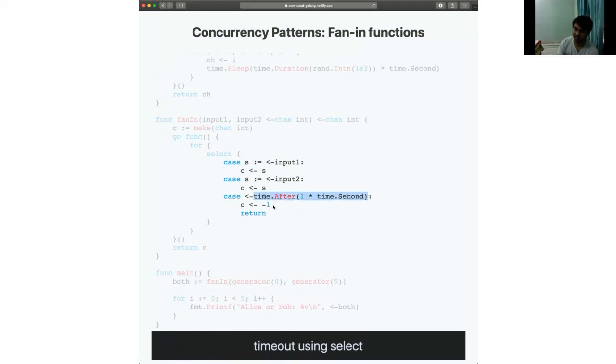If the select statement doesn't execute anything at all for 1 second, this will just automatically execute this part and return. This is sort of like a failsafe for when you have APIs or something. Oftentimes you have an unreliable connection or unreliable source of truth, and in that case you can have timeouts easily implemented.